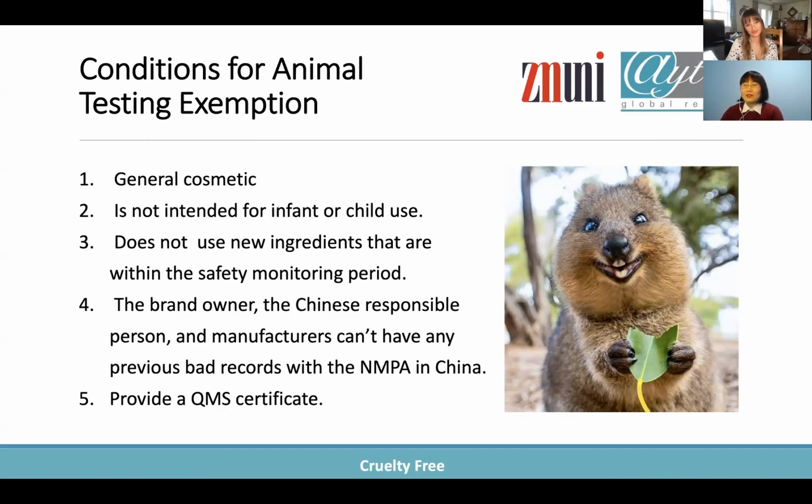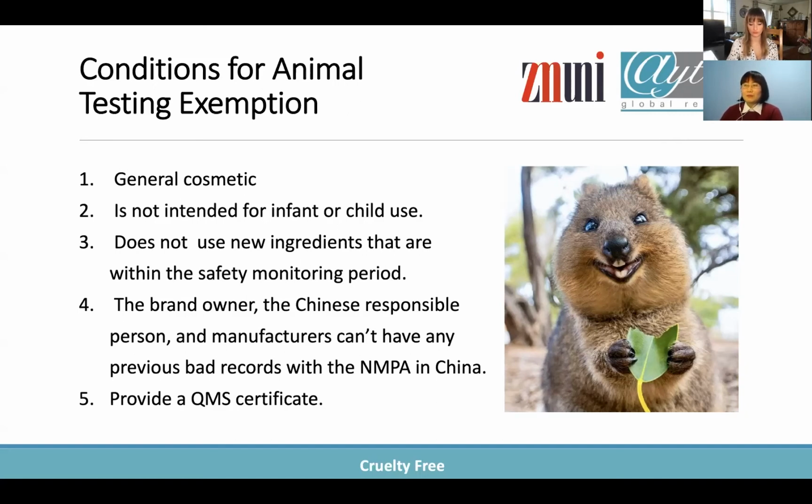The other condition is that the brand owner, the Chinese responsible person, which is your Chinese RP, and the manufacturers that you are using, all three of those roles can't have any previous bad records with the NMPA in China. So it's quite a difficult requirement. You have to have a good background and always do the right things. If any of them have done something wrong before and there is a record about it, then you can't pass the